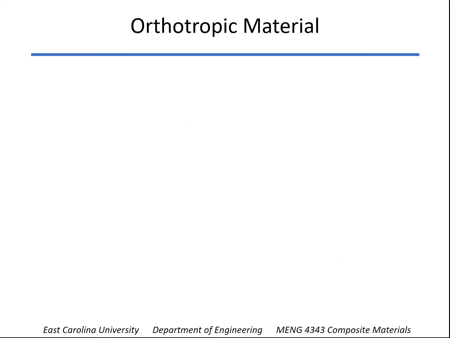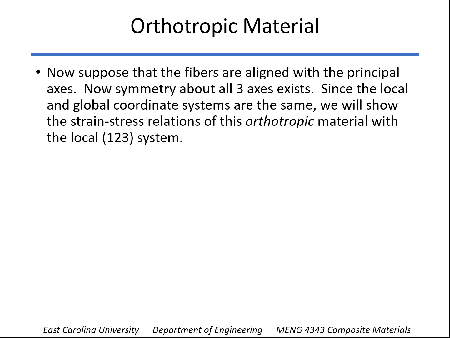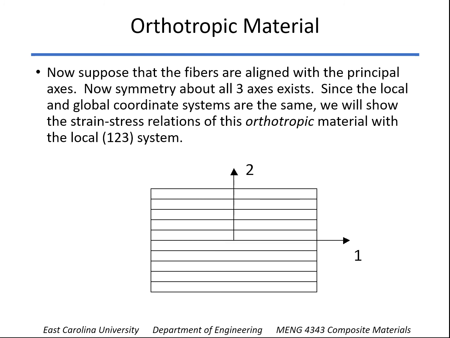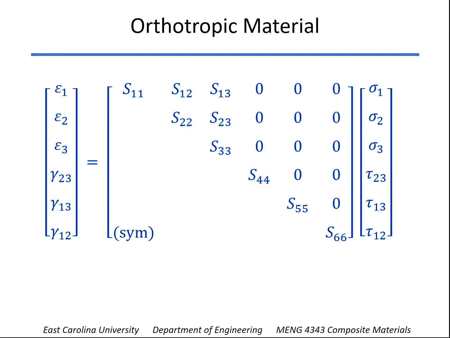All right, let's go one step further. Let's look at an orthotropic material. Now we're going to align the fibers, and we're going to look just at the mechanics in the 1-2 plane. And in this case, if the local and global coordinate systems are the same, we're going to use the 1, 2, 3 system instead of the X, Y, Z to evaluate this orthotropic material. And in that case, you're going to see that, again, because of some symmetry conditions, you get several more zeros here as well. And so now we're down to a total of 9 independent constants within